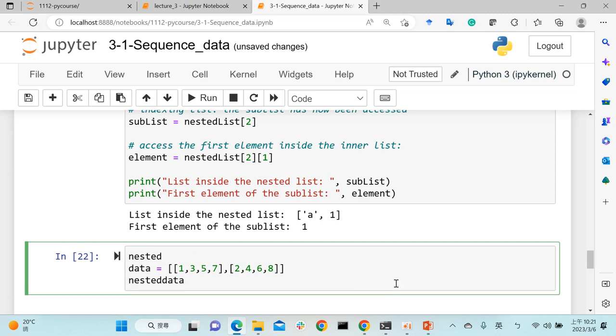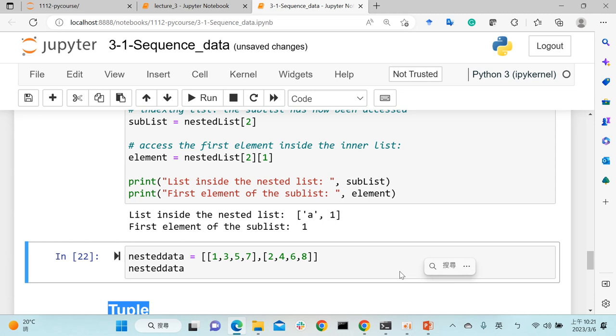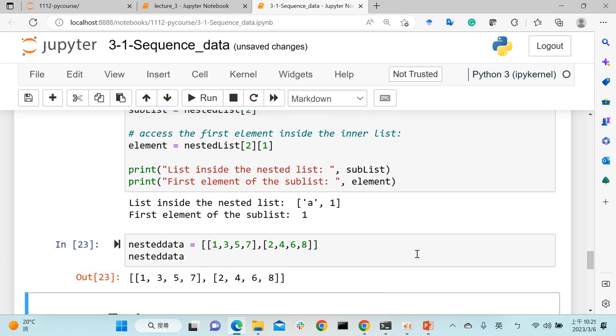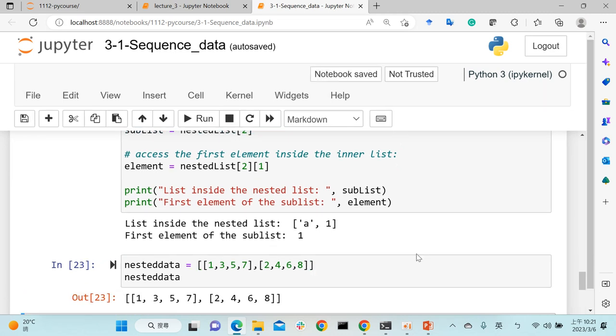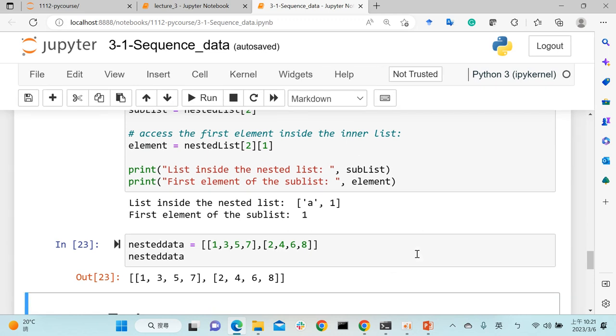Wait, not enter it. Okay. Oh, okay, okay. So please tell me your ID numbers. Okay. H4408. 好。